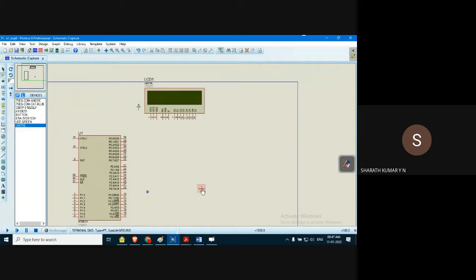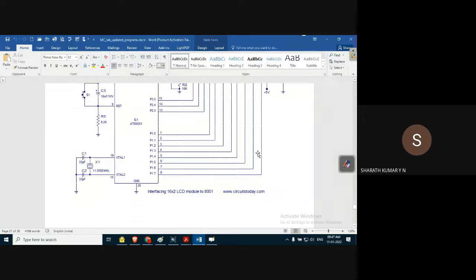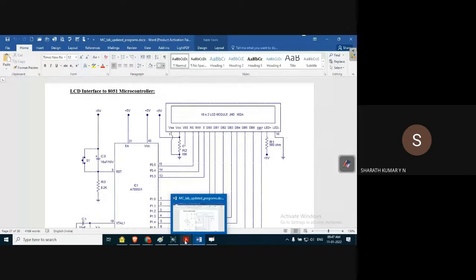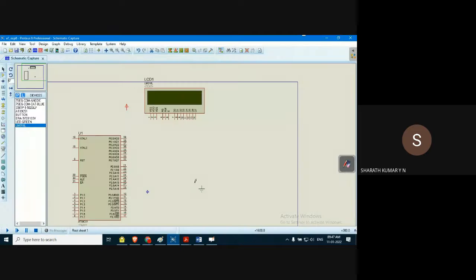Our connection is very simple, guys. We want VCC as well as the ground for the connection purpose. So if you can see the pins, the interfacing part, we need the potentiometer also. Okay. So pin number 1 is connected to ground. Let me pick this and connect.